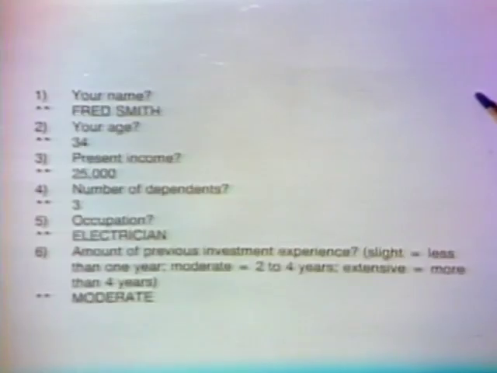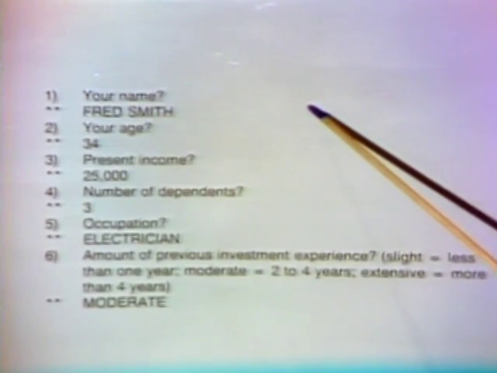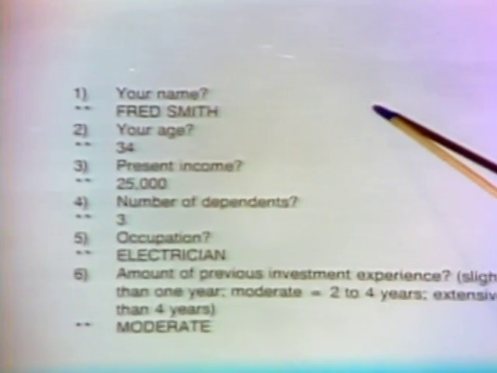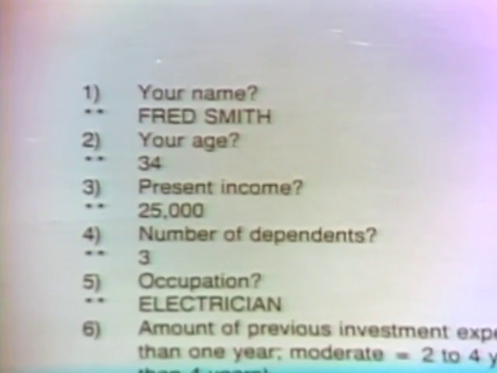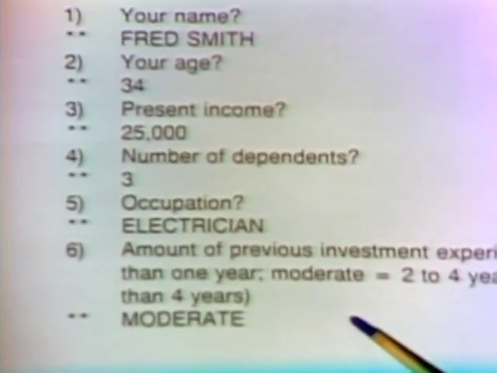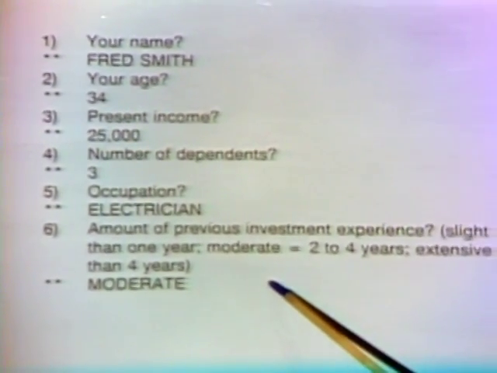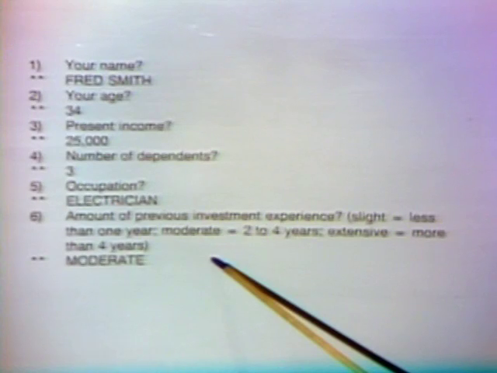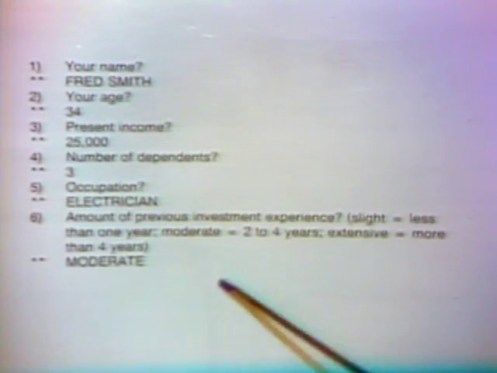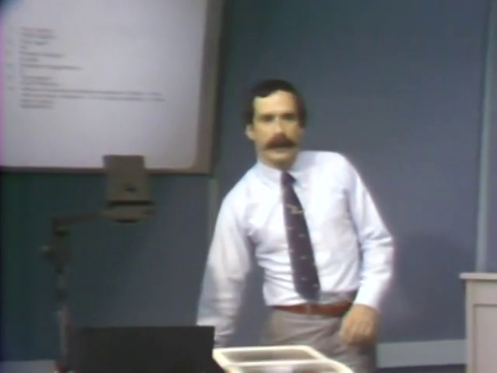And as before, what we see is the program, in effect, interviewing the user about this particular case, asking, in this case, name, age, income, number of dependents, the sorts of things that would be relevant to trying to determine what an appropriate investment would be for somebody with this kind of occupation, income, and so on. And like the Meissen system, eventually it comes up with a conclusion. That is, having interviewed the user about this particular case, asking questions about what this family situation is like to determine what the appropriate investment would be, eventually we come up with a conclusion, and those are shown on this next slide.